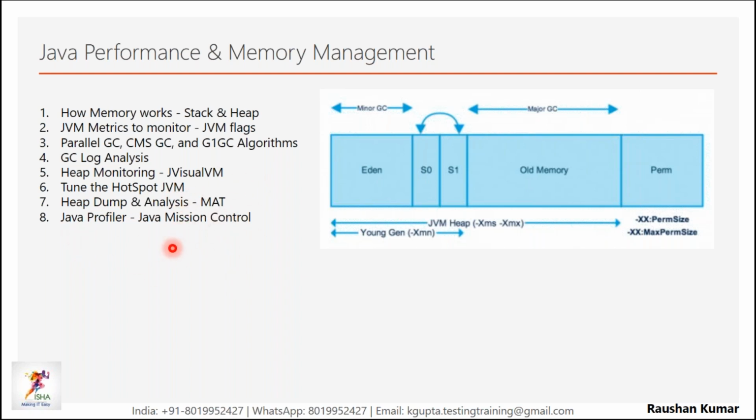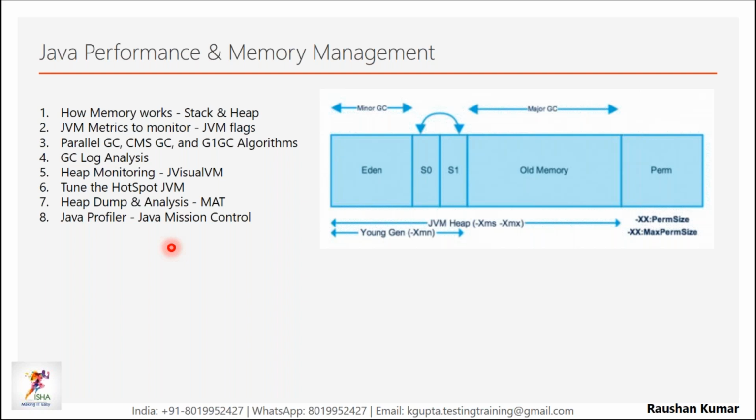Basically, our intention is to learn the code part. We can find out using a heap dump that this method is causing the problem, but what needs to be done to fine tune the bug or the problem? So we'll talk mostly about that, on the coding side. We'll also see how to look into a heap dump and how to analyze things.